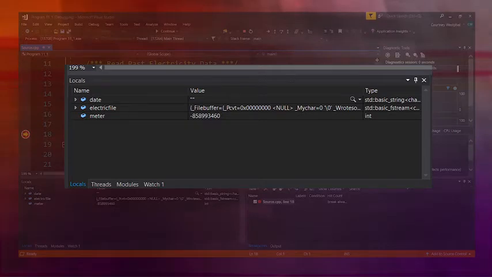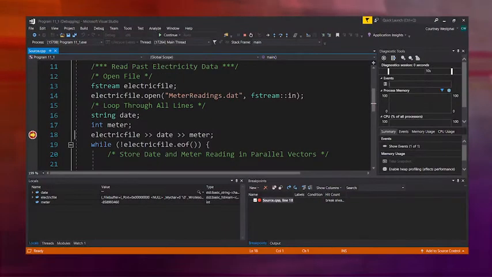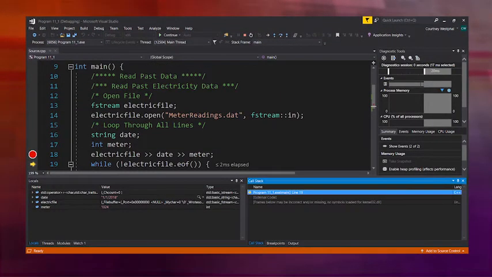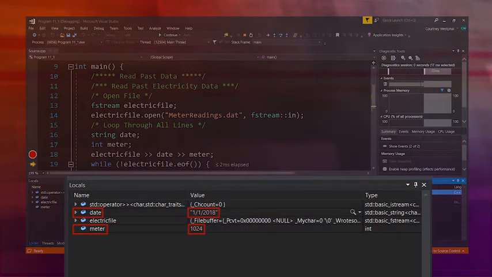If we go forward one line by pressing step over, we move on to the next line of the code. We also see that the values in both date and meter have been updated. The previous line read data into both of them from the file. In this case, we have a date of January 1st, 2018, and a meter reading of 1024. As we go through the code, we can keep an eye on the window to see what the values of